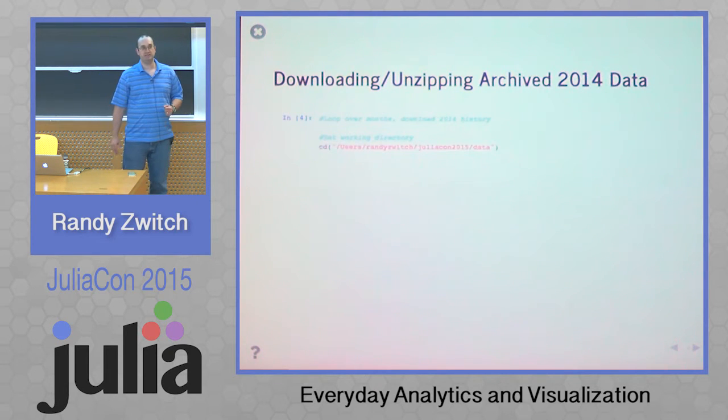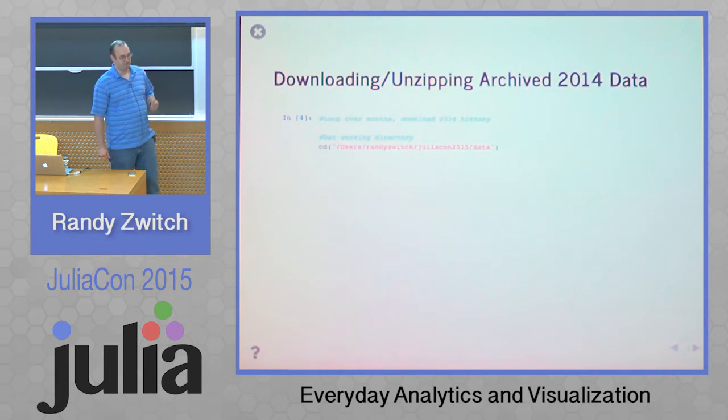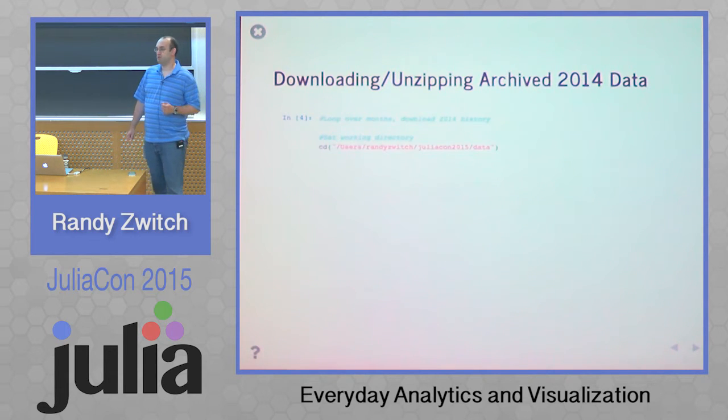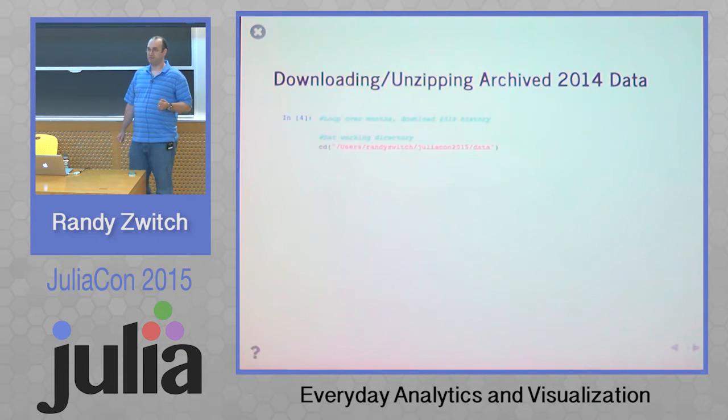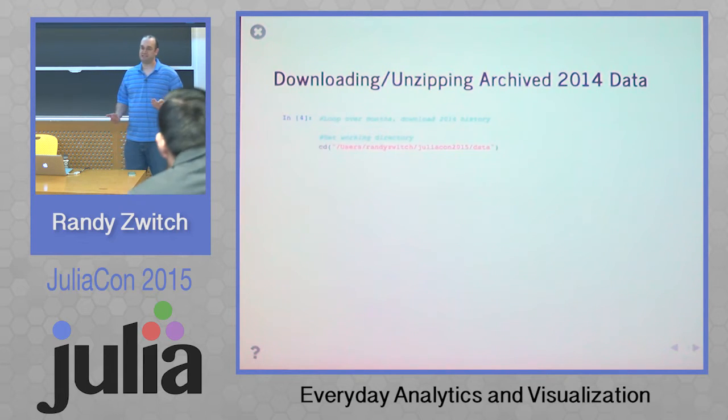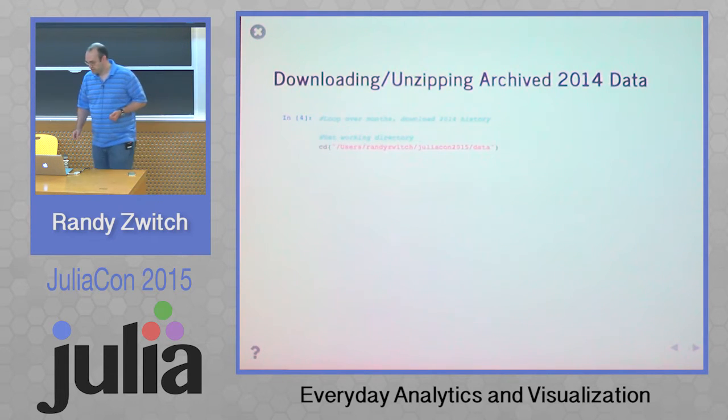And they provide archived data sets for every month where they tell you down to the ride level characteristics of the customer that rented the bike, where they got the bike from, latitude and longitude, the duration of their bike trip, and several other attributes. So what we're going to do is we're going to go through and analyze the entire 2014 data set.